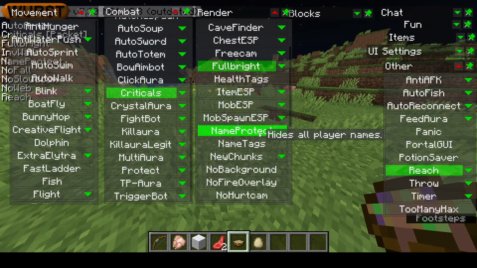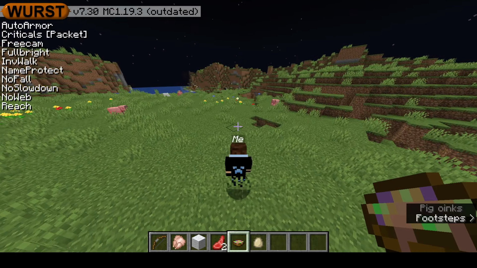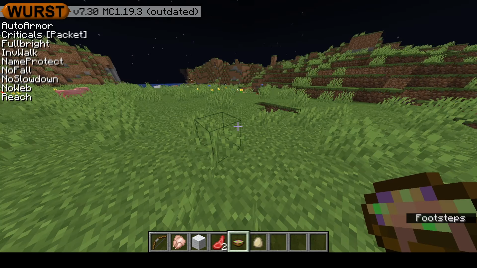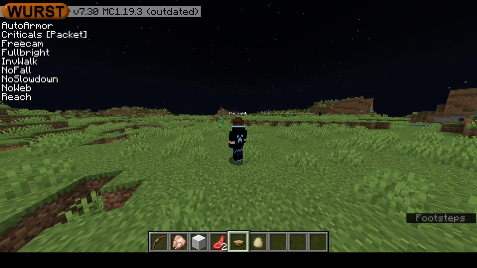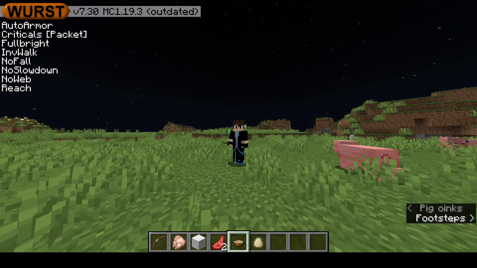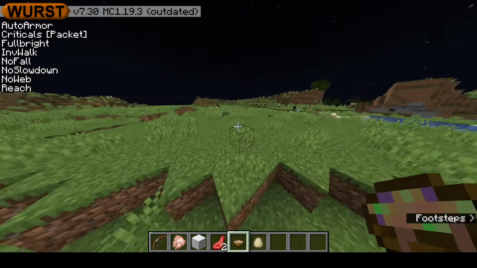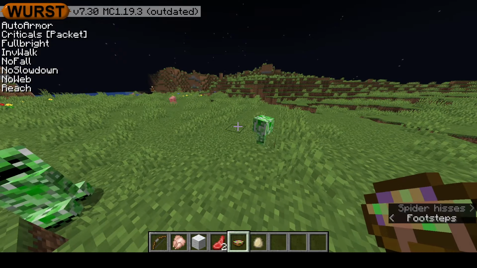Name protect hides all player names. So if I press U, it will just say me instead of Olectralab. Whereas normally if I have name protect off and we go outside my body, it will just say Olectralab. So you can protect names. I'm not sure whether it's just client side or whether it works with other people as well. I'm not sure whether it's only you that can't see the names. I'm not really sure. Anyway,